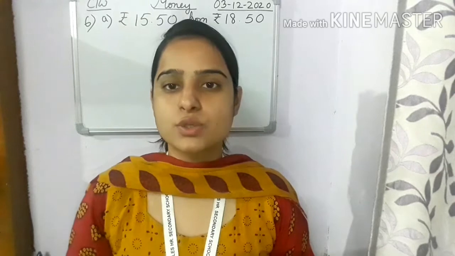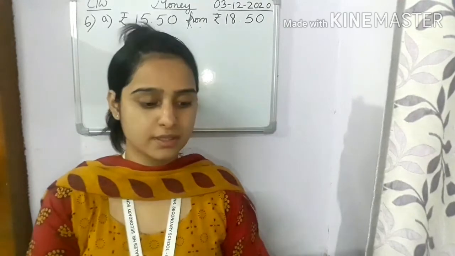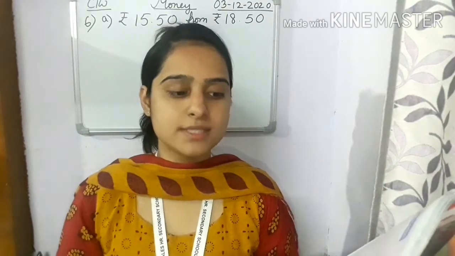Do you remember what we did in our previous class? We started with practice questions and we did some additions of money, right? So today we are going to do subtraction of money. Take out your workbook, page number 15. We'll start with question number 6. Write in columns and subtract. Write in columns means you are going to arrange vertically and then subtract.